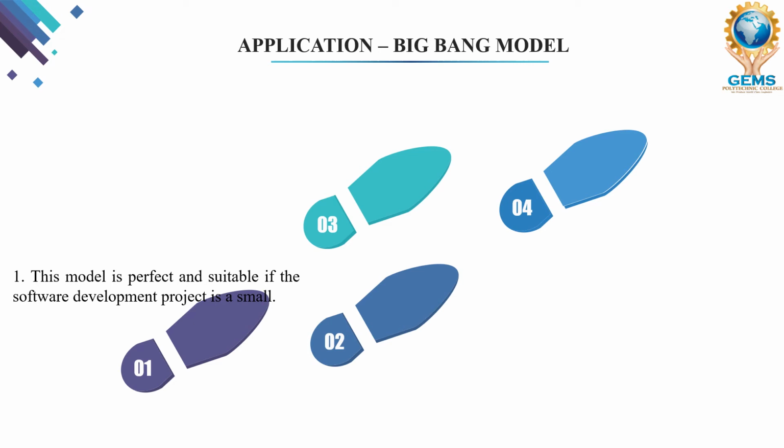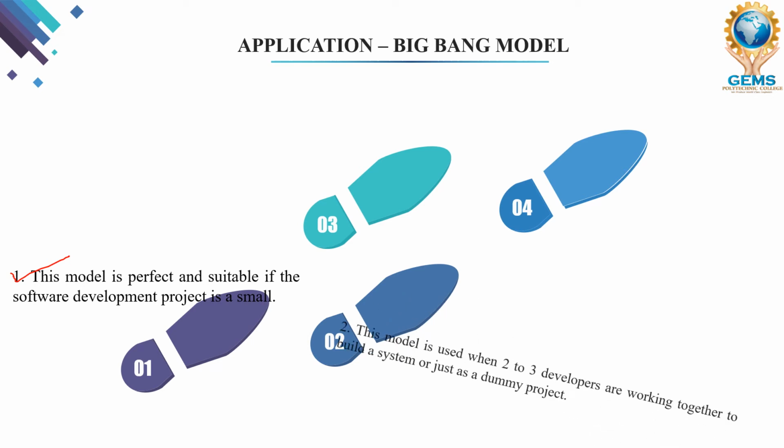So the first point says that this model is perfect and suitable if the software development project is small. That means this model is suitable for a small project. So if the customer has a small project to be developed, then they are suggested to use the Big Bang model for the development of the project. Second point we have